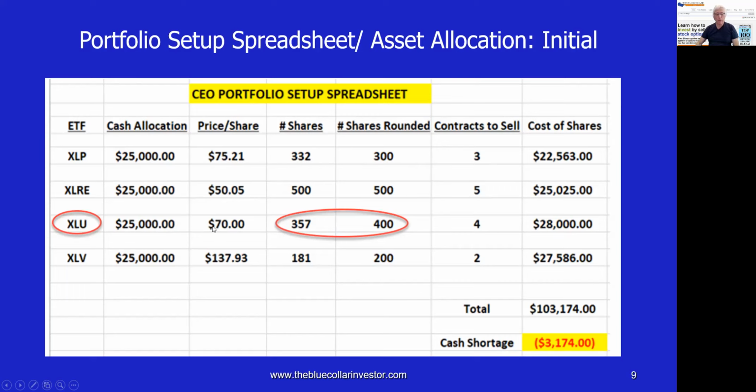XLU trading at 70 means 357. That's kind of in the middle, but we'll round it up to 400, see what's what. 4 contracts. XLV trading at 137.93 comes to 181 shares. We'll round that up to 200. 2 contracts. Now, if we multiply the number of shares that we rounded up or down by the price per share, in the final column to the right you will see how much it will cost us. And then we add it up, and lo and behold, it adds up to